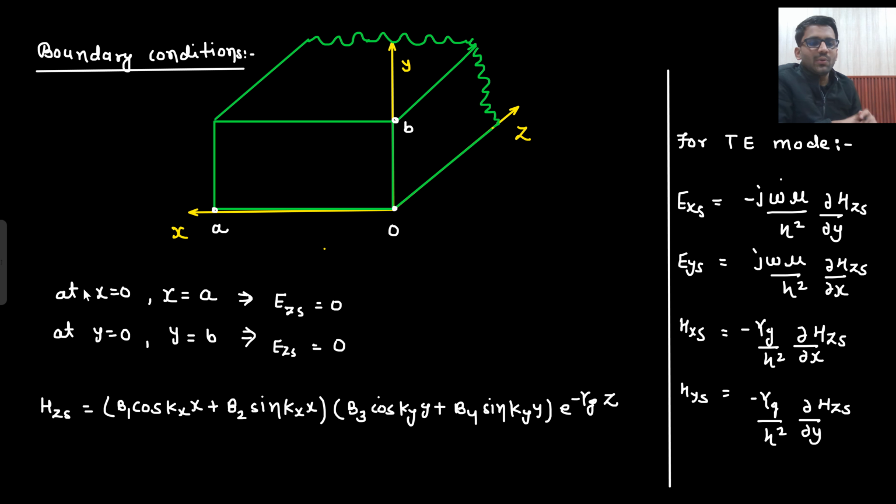Now, do I know any boundary condition for magnetic field? No, I did not teach you any boundary condition for magnetic field. I just taught you one thing, that tangential component of electric field is 0. That I know. So at x equals 0, what all are my tangential components? EZS is always 0, so forget about EZS. EYS will also be 0, no? At both of these boundaries, at x equals 0 and at x equals a. Here EYS is also a component. So if EYS is 0,